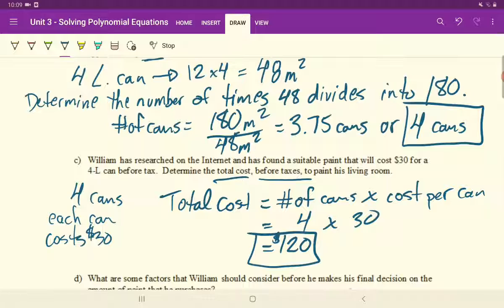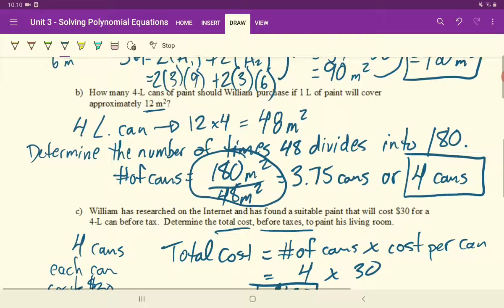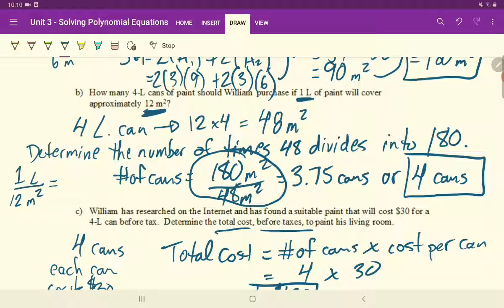By the way, before I move on to the next question, if you struggle with determining this question above here, that you had to do 180 divided by 48, another method you can use when solving these types of, what they really are proportions, is you can do the following. They've given you a proportion here. They've told you that 1 liter covers 12 meters squared. So what you can do is set up exactly that, set up a proportion. 1 liter covers 12 meters squared, and that should equal to,